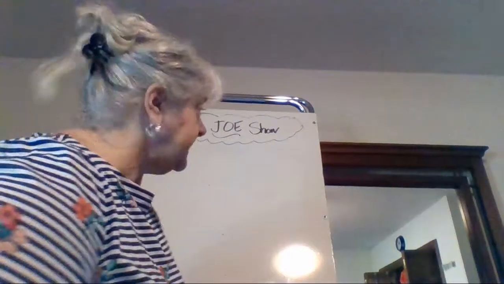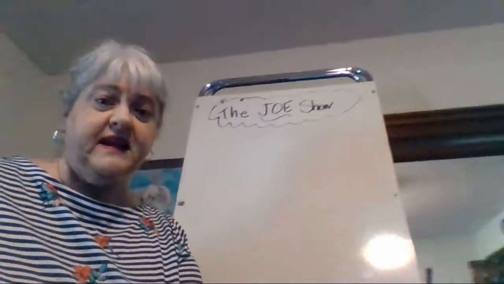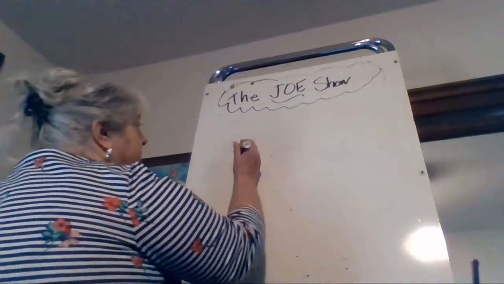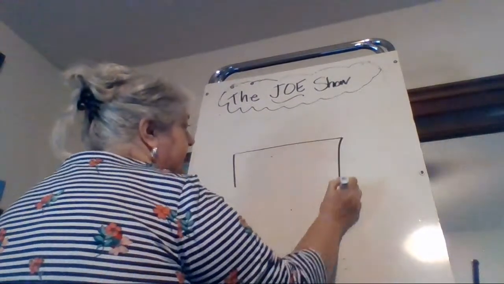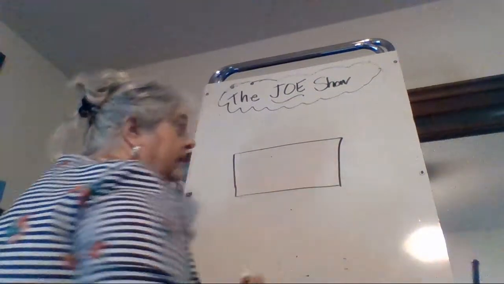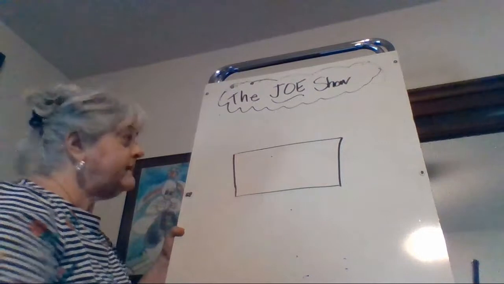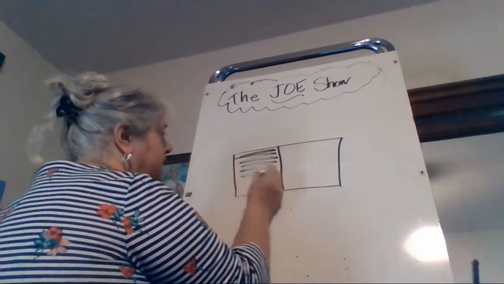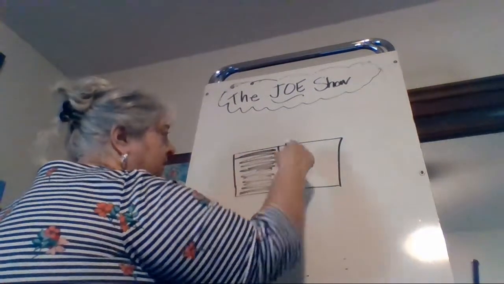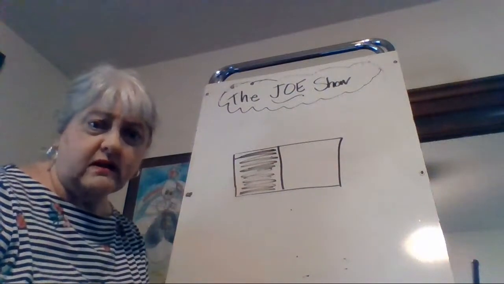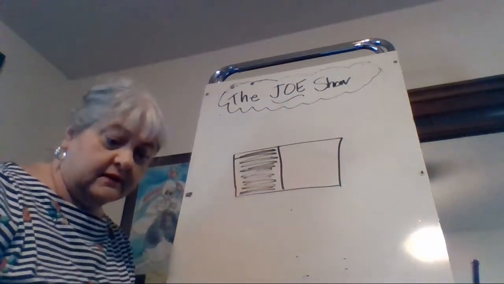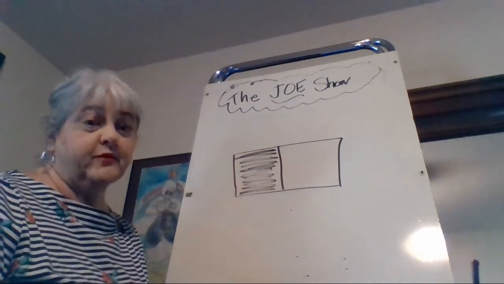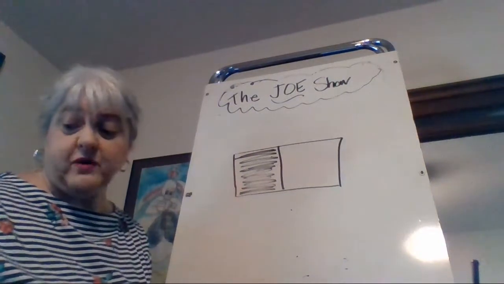Well, I'm going to have some help from all my friends out in RCL land with the problem that we have. You see, yesterday I baked a pan of brownies. And I'm going to represent that with my rectangle because they were actually made in a rectangle pan like so. But this morning when I got up to look at my pan of brownies, this was all that was left. A half a pan of the brownies was gone. Uh-oh. Sorry. I'm afraid Joe ate half of a pan of brownies.